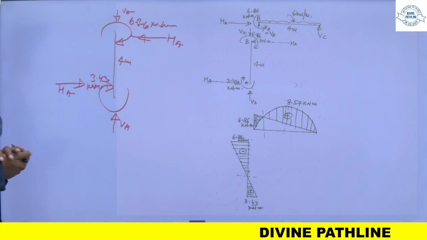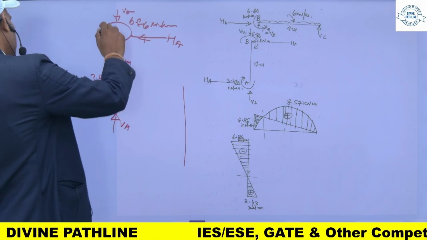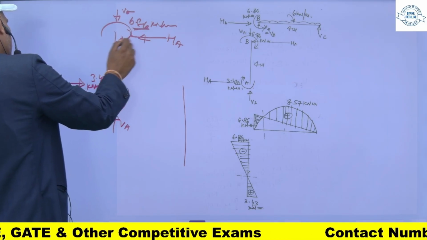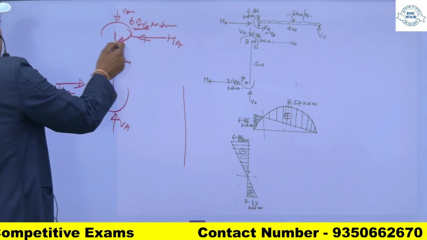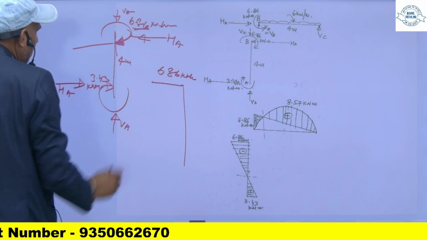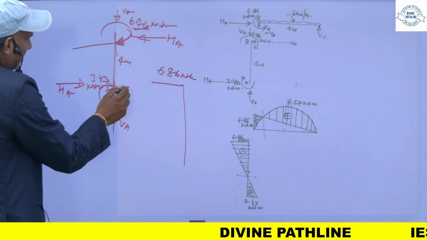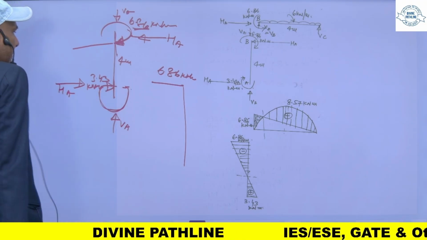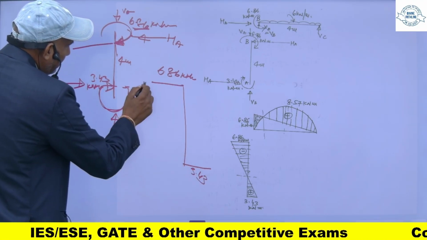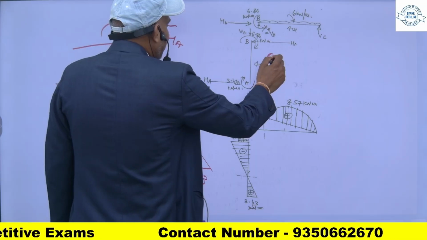तो अगर मुझे इसका बेंडिंग मोमेंट डायग्राम ड्रॉ करना है तो ये कैसे होगा? लाइक दिस। इसके एरो के डायरेक्शन में ये घूम जाएगा। सो ये 6.86 हमारा, यू सी द डायरेक्शन ऑफ द एरो, क्योंकि ये एरो इस मेंबर को जब हिट कर रहा है तो ये इस डायरेक्शन में इसको धकेलने की कोशिश कर रहा है, तो ये मोमेंट मेरा इस तरह से आएगा। अगर मैं इस एरो को देखता हूं, ये मोमेंट मेरा इस मेंबर को इस साइड में पुश कर रहा है, तो इधर टेंशन आएगी। डायरेक्शन ऑफ द एरो को मैं इसको प्लॉट करूंगा, फिर हम इसको मिला देंगे, ये मेरा बेंडिंग मोमेंट आ जाएगा।